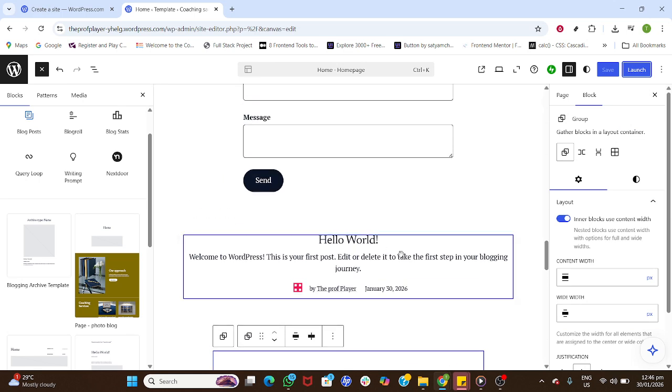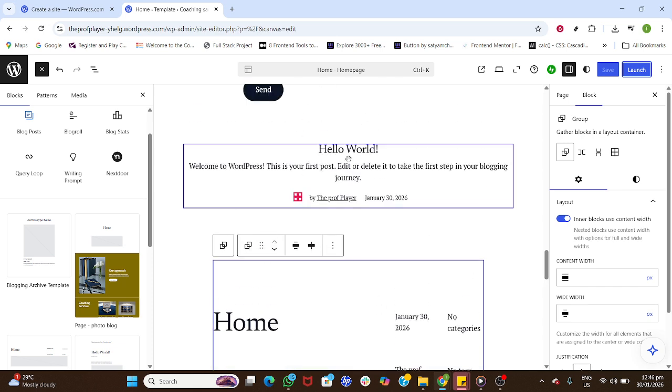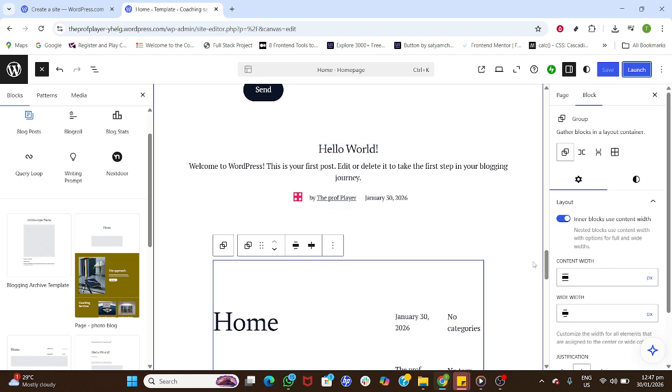That's it. You opened the home template, searched and inserted the guided block, set it to wide width, centered your text, refined styles using the highlighted controls, saved and launched. You can always